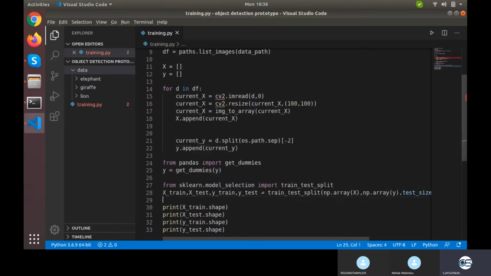Fair enough, we can move on. We have X_train, X_test, Y_train, Y_test with us. We have the data simply.